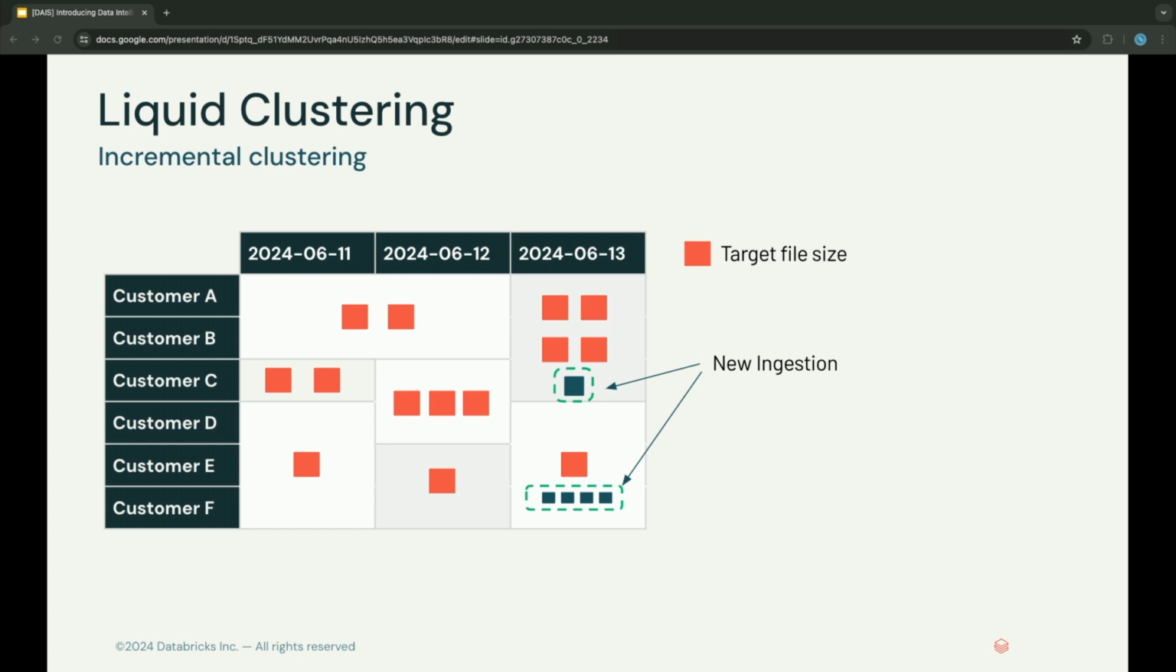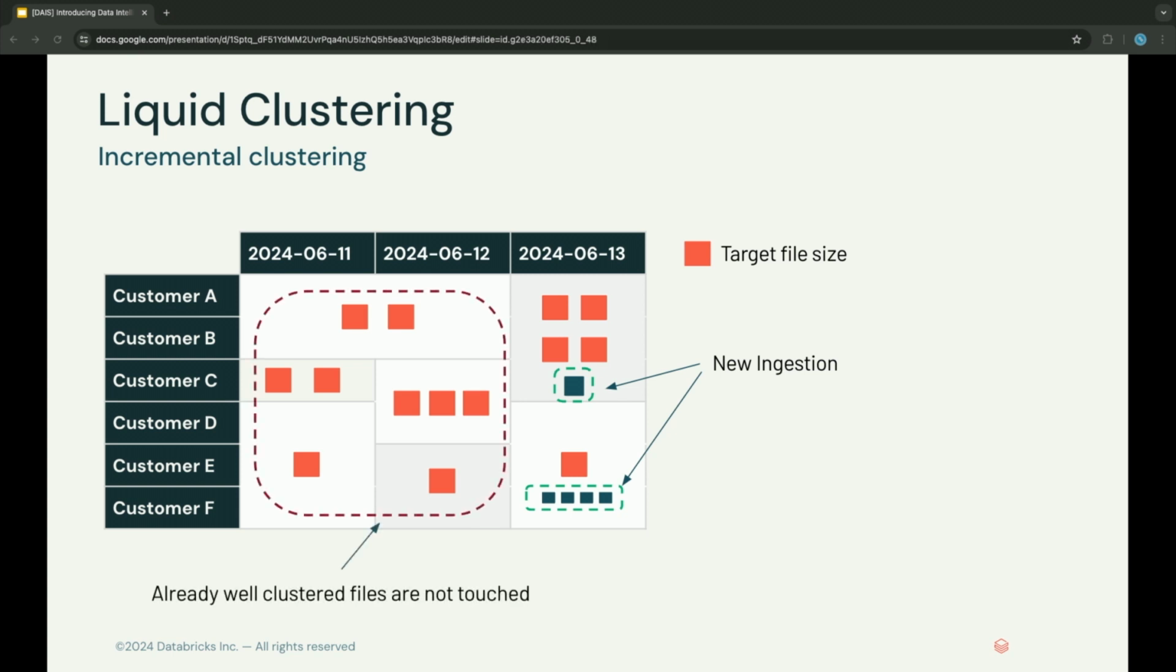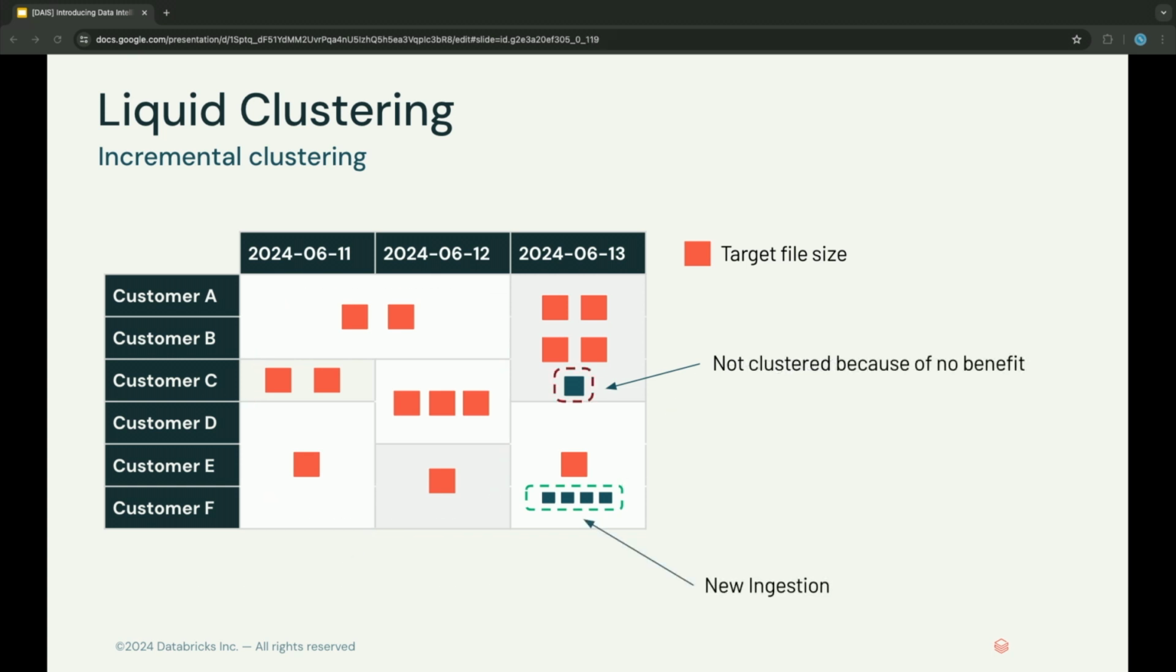Now, let me show you a quick example of incremental clustering. In this example, let's assume we ingested a few new files, which are represented as dark blue boxes. And let's cluster this table. First, the files in the red box are not touched at all because they are already well clustered. As you recall, these are the files generated after you clustered the table in a previous slide. How about this file in this red